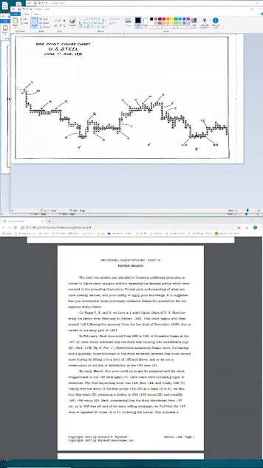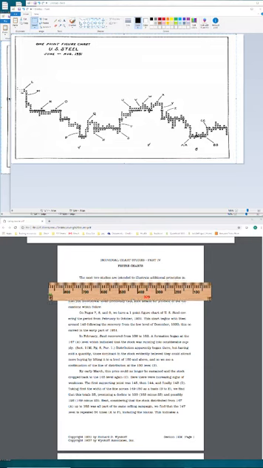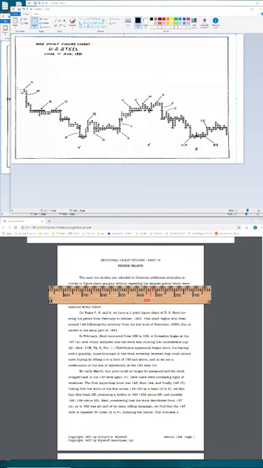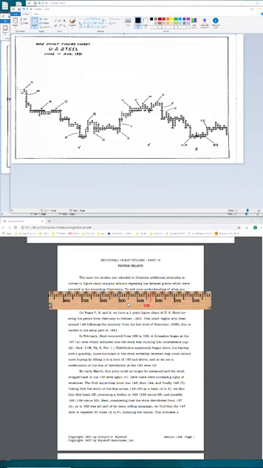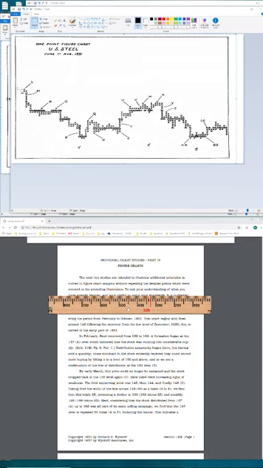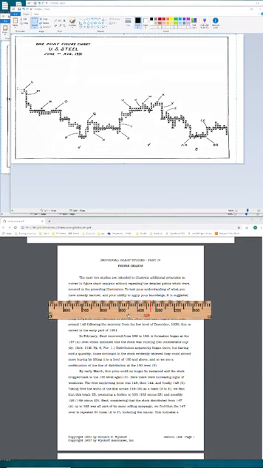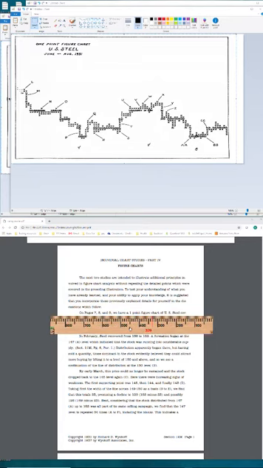Alright, so starting on the next study. The next two studies are intended to illustrate additional principles involved in figure charts. The study before this, I went over the basic principles. You had cause, effect, hinges. You had cause on the pullback, cause on the rally, stuff like that. Overbought, oversold conditions, etc. So now he's going to add additional stuff, to test what you've already learned. On page 789,